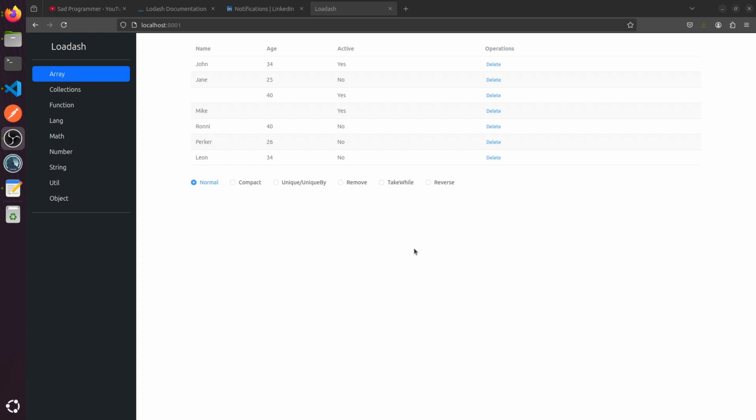In this episode, we will learn how to use Lodash remove. I think it's better to put remove here, because sometimes we may want to delete the records. So, let's update